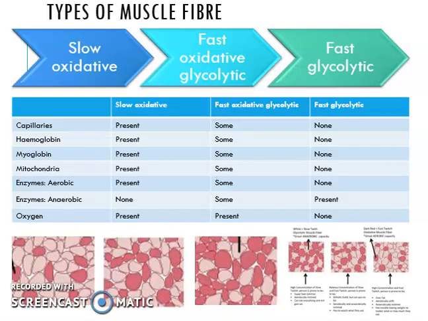These muscle fibers all have different sized neuron diameters which control the speed and force of the muscle contraction. Slow oxidative muscle fibers have a small neuron diameter, meaning that they have a slow and less powerful muscle contraction. In comparison, your fast glycolytic muscle fibers have a high neuron diameter, allowing them to produce a higher force at